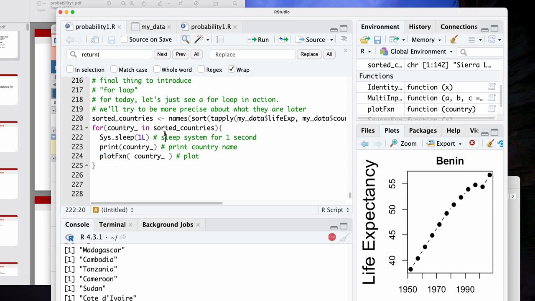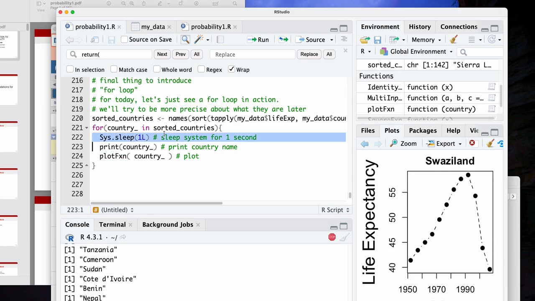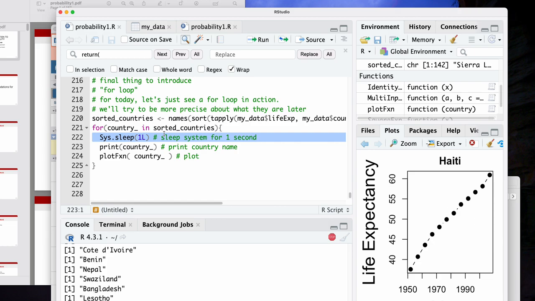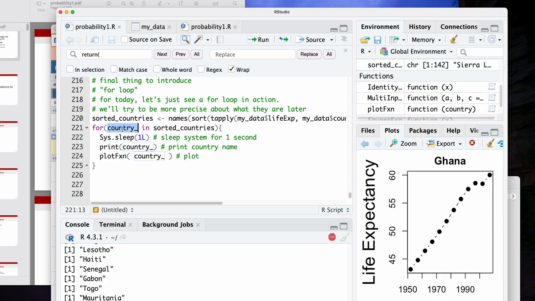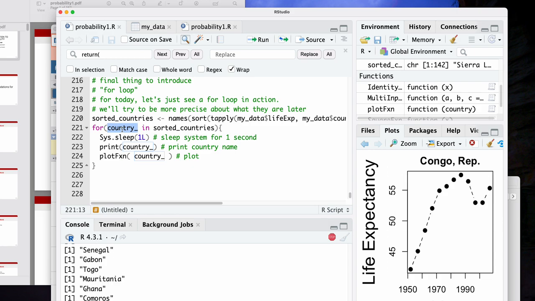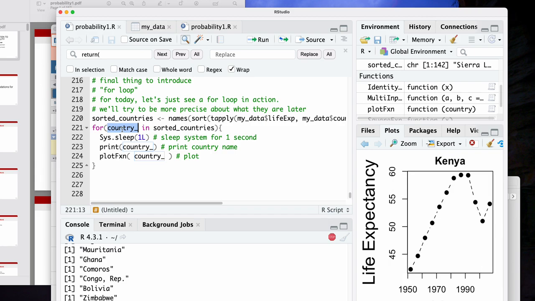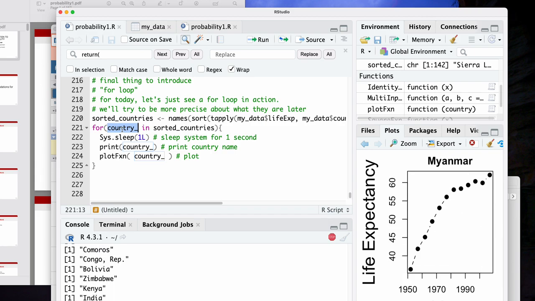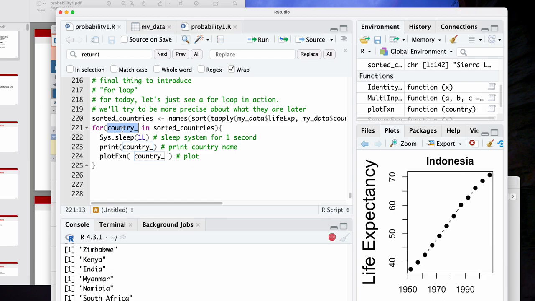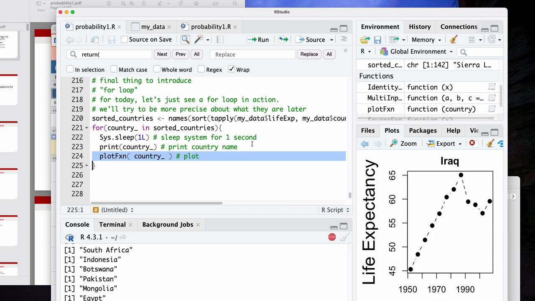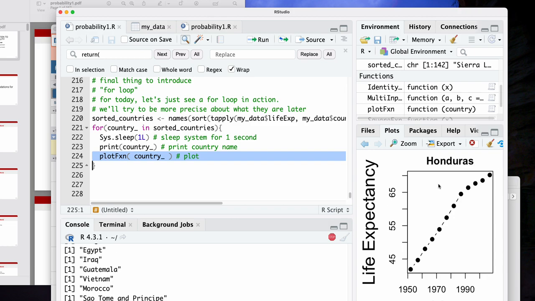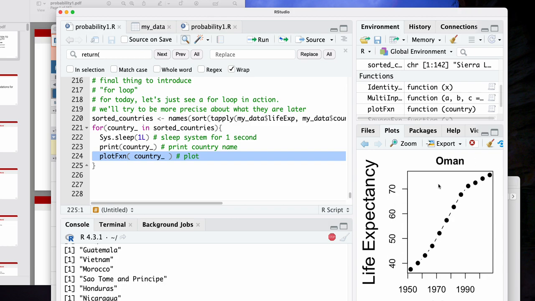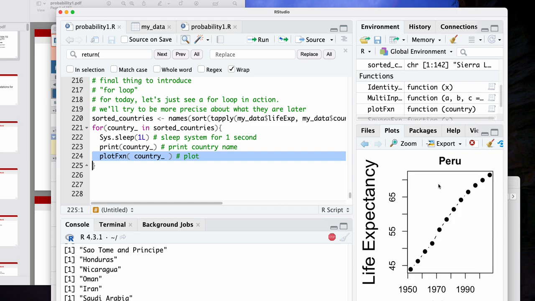And we've added a little bit of system sleep so that we could pause the function, pause the loop so that we could see what's happening. But the basic idea is that a loop is going to iterate through something, through what's called a set. And in this case, the set that it's iterating through is the set of all countries. And within each cycle, we're going to do something. What we're doing in this case is we're going to just plot the country trajectories, but the basic idea is a loop is just an iterative process for performing a computation, and the function makes our life easier in terms of using a recipe.